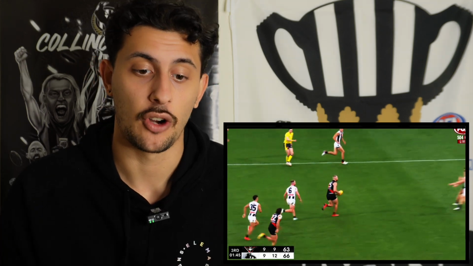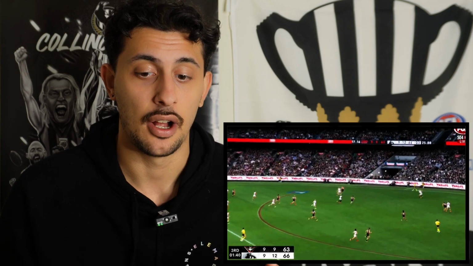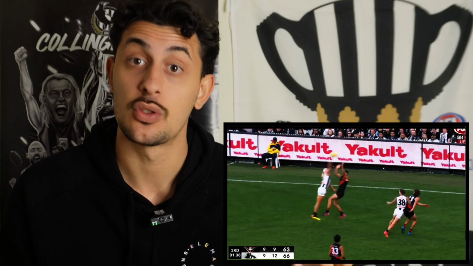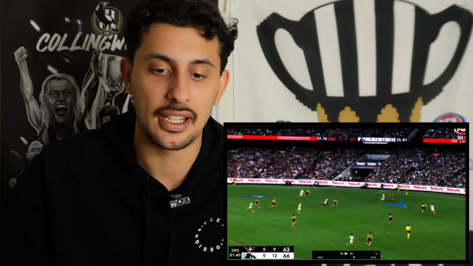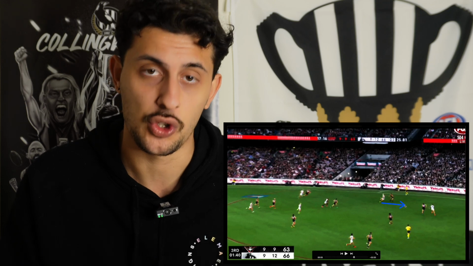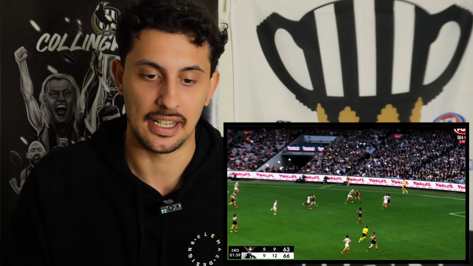This is what we want more from with Darcy Moore. A great spoil, which he kills. Whether he was aiming for the backline, I'm not too sure. For a behind, I'm not too sure. But either boundary line or behind works in that situation. So really nice work by Darcy Moore. He was leading up to that initially, so we'll see. He was following this ball, and then he has to quickly wheel back, and that takes a lot of core strength, strength in the legs to turn that quickly and have an impact like he did here,